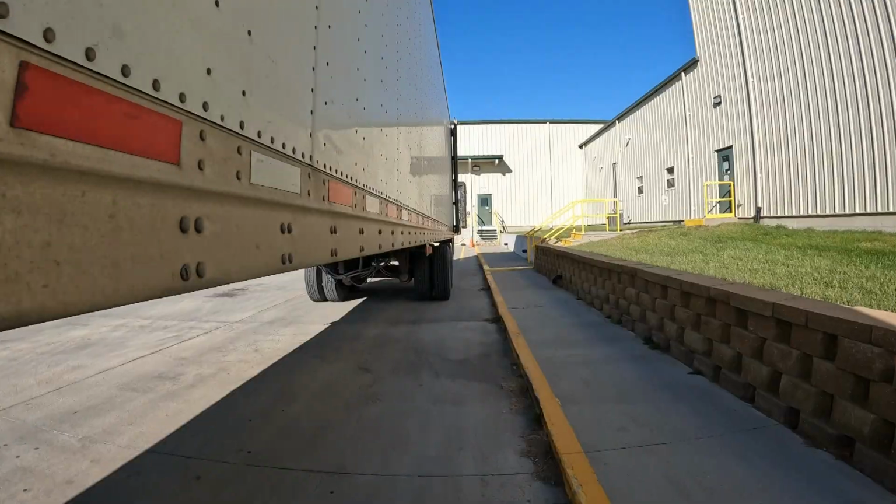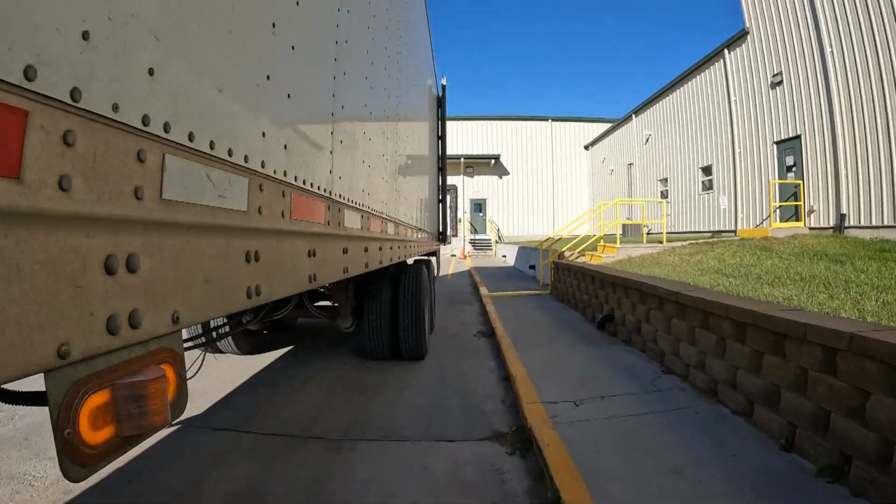Kind of nervous, the red light blinks the whole time. It doesn't ever shut off, so I wasn't sure if I was unhooked or not. I probably should have looked before I tried pulling ahead. But we must have been alright. I didn't feel no resistance, and I didn't see the bumper fall off. So we get the door shut, and then